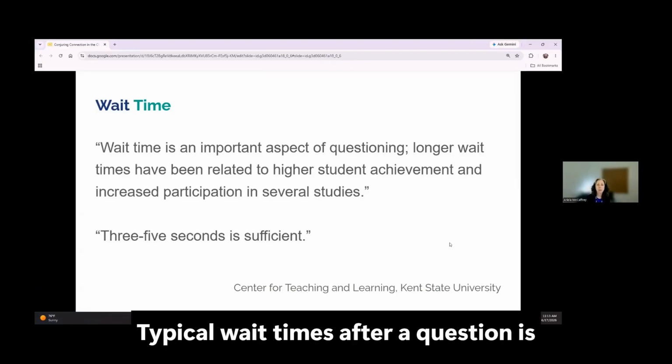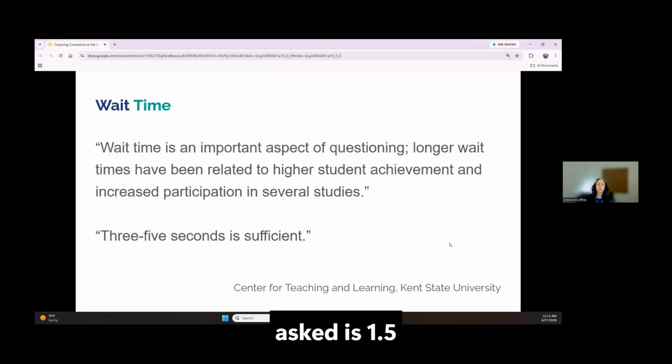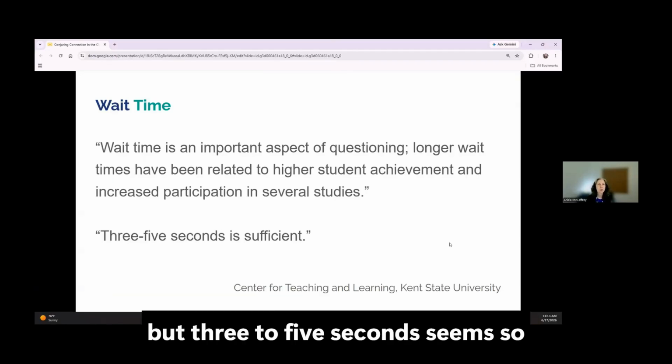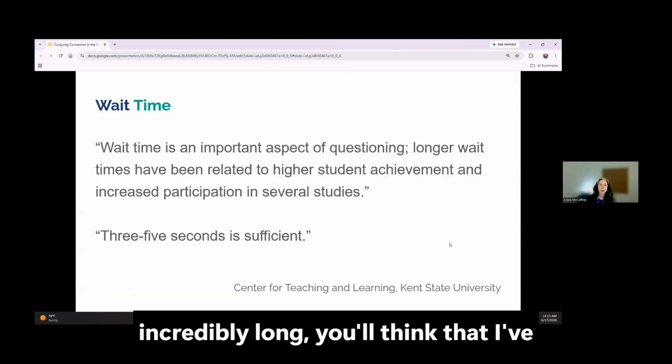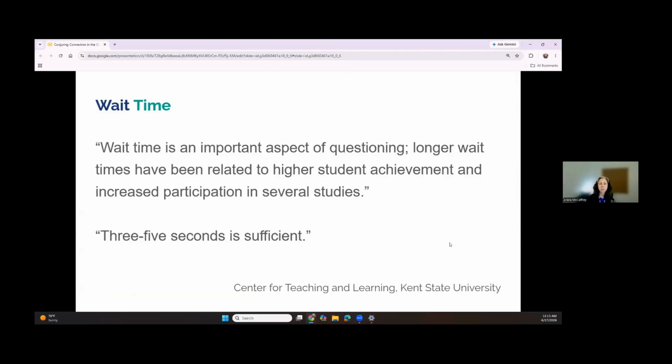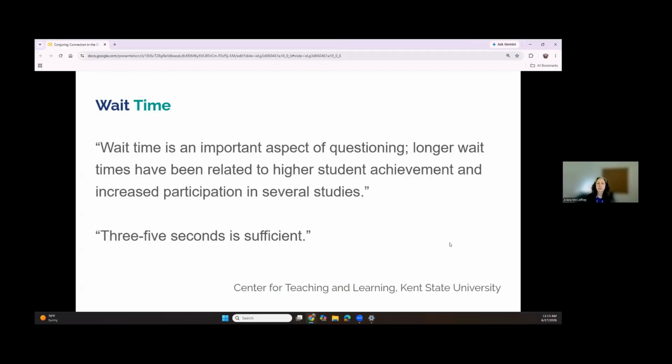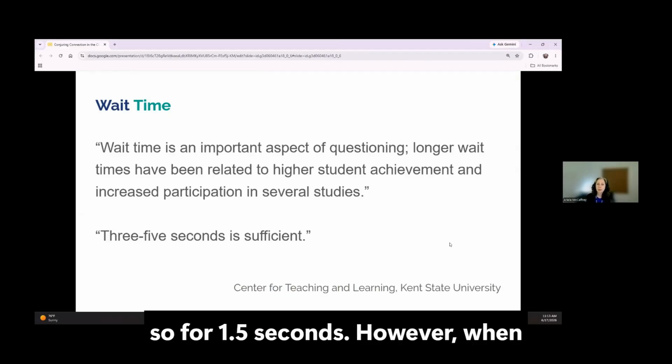Typical wait times after a question is asked is 1.5 seconds. I could test it here, but 3 to 5 seconds seems so incredibly long, you'll think that I've left the session.